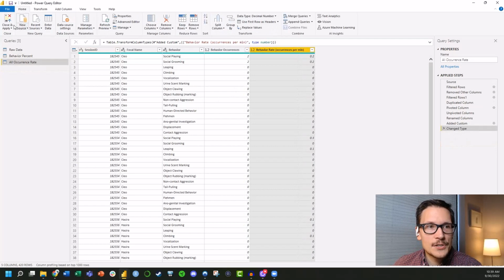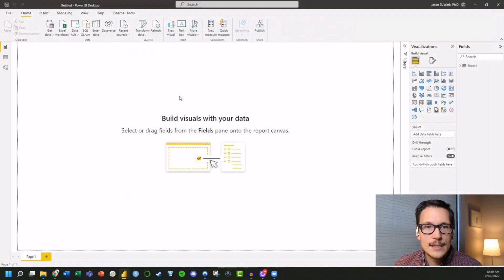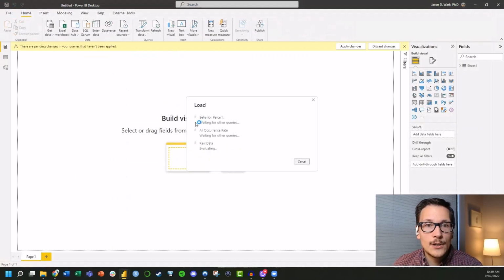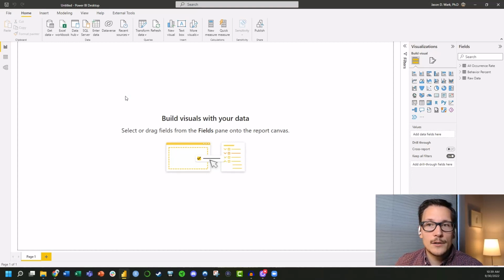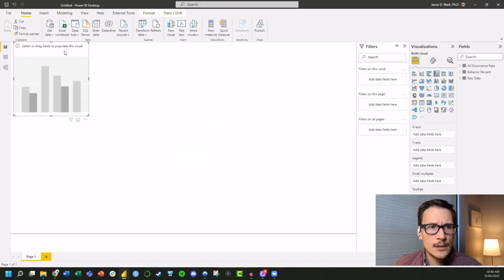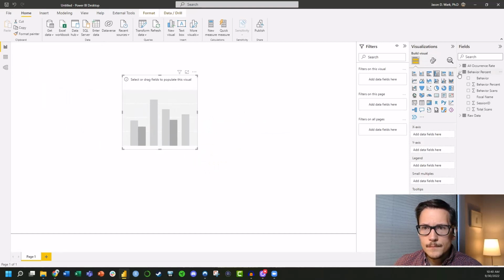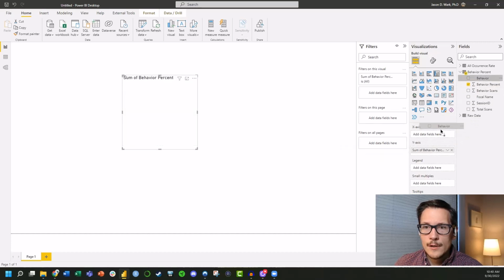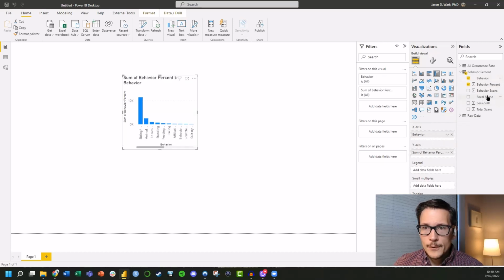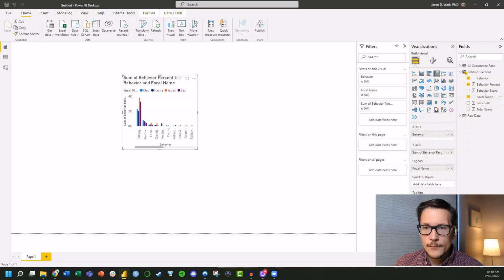And just really quick, I'm going to show how easy it is, now that we have that data, to quickly run a plot. So I hit close and apply, and basically what it does is it takes all those steps that we had in Power Query and applies all of them. Now you can see over here we have those three queries that we had: our raw data, behavior percent, and all occurrence rate. So let's throw together a really quick activity budget of our behavior percent. If we pull down our behavior percent, our behavior, and our focal name,